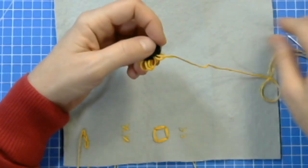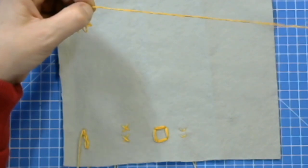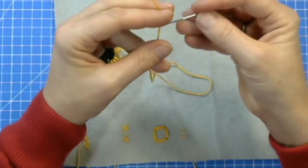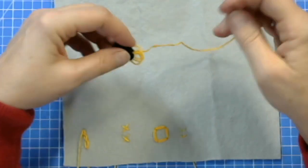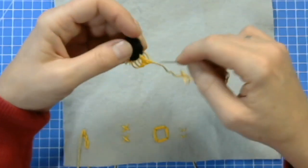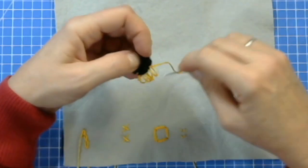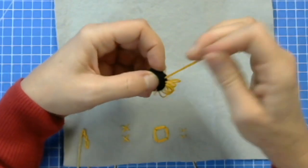like this. I'm just going to thread that needle again in case I've missed one of the strands. You are doing 6 strands, all 6 strands on your needle, and so that's my loop now. Make sure that's the same length. Then I'm going to make just a little stitch, pull that tight, because that means that my loop is now secure. Make another loop,